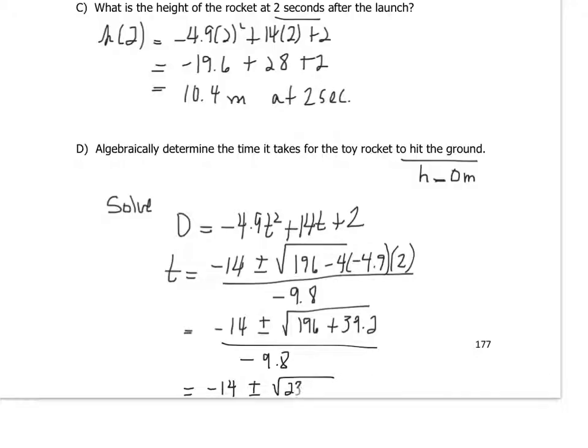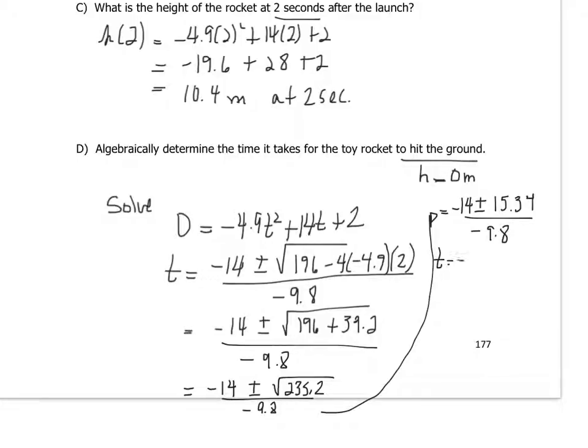So that would equal negative 14 plus or minus the square root of 196 plus 39.2, which is 235.2, over negative 9.8. The square root of 235.2 is 15.34, around there, all over negative 9.8. So that gives you t equals negative 14 plus 15.34 over negative 9.8, which is approximately